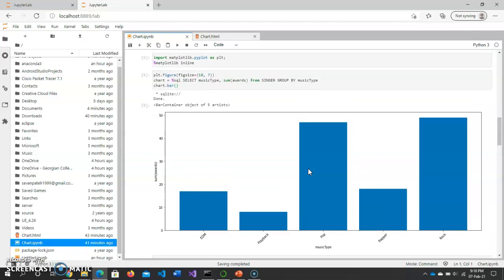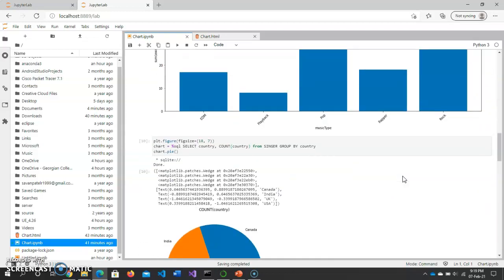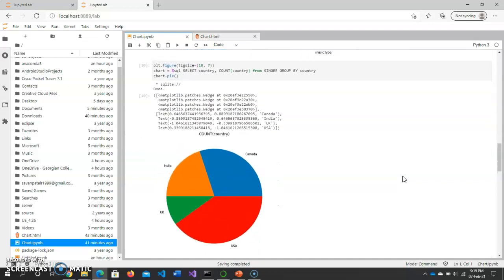In that I selected the sum of awards given to each music type. Like EDM gets less than 20 awards, playback gets less than 10 awards, and rock gets the most awards. That's what shows here. In my second chart, the pie chart, it shows how many singers